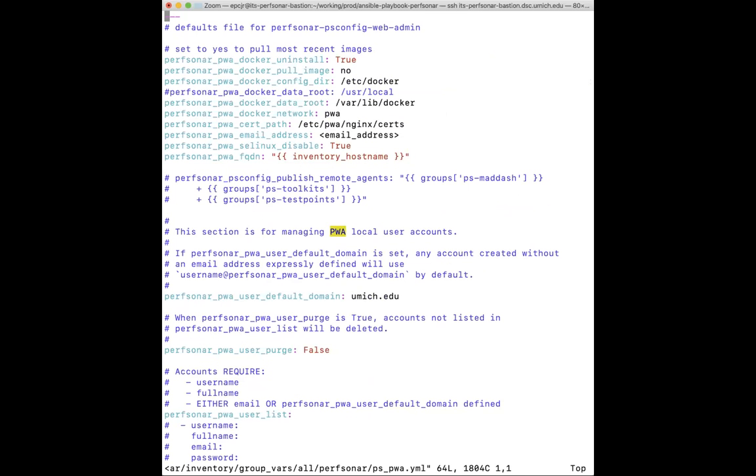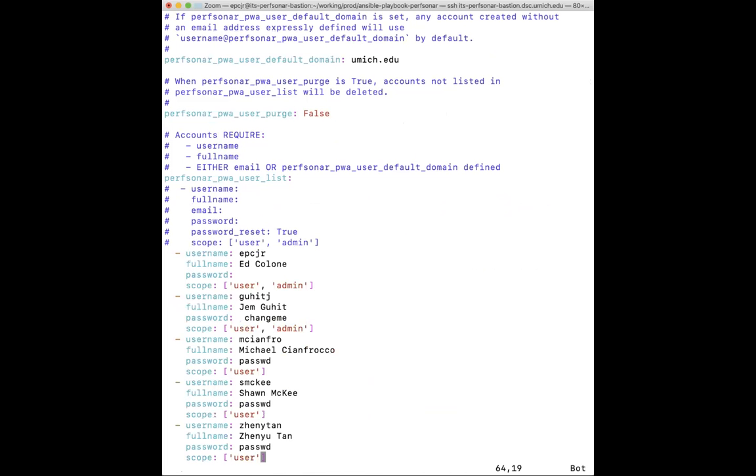This is PWA. The top part of this stuff you don't really need to mess with. It's sort of just path names that are mostly standard. The thing that is really nice in PWA is you can do user management. Like, for instance, right now, you can see that we have on this project a couple of people. I'm sure some of the names might be familiar. And you can see that when we provisioned these